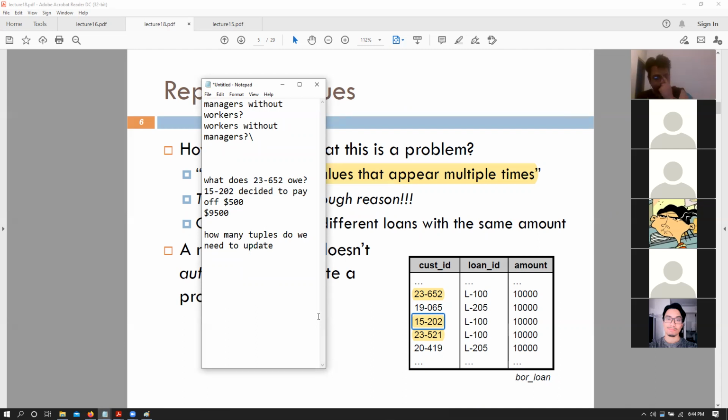Exactly. Three, we need to update three tuples because